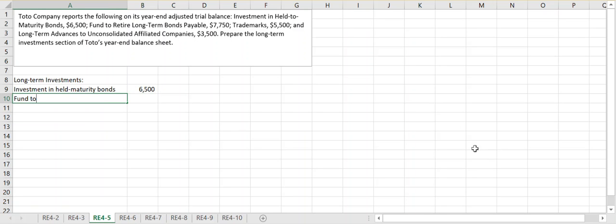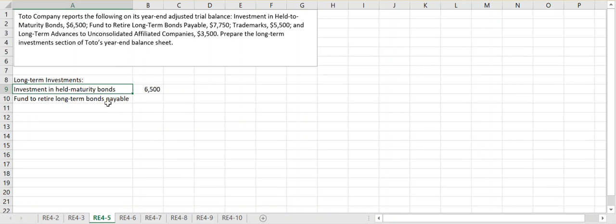We also have something called the fund to retire our long-term bonds payable. So we actually are the bondholder in the investment situation, but we also have issued a bond that we have to pay back. And a lot of times that will come with a stipulation of having what we call this retirement fund, so that we actually have to put money into this fund periodically, whether that's semi-annually or annually, as a stipulation of that contract that we have with the bondholder, so that by the time the maturity date comes for that bond, we have enough money in this fund in order to be paying off the entire